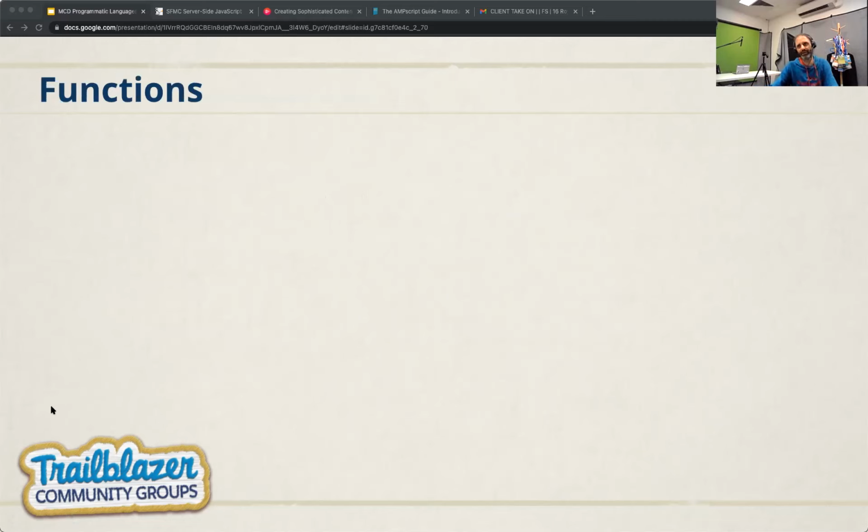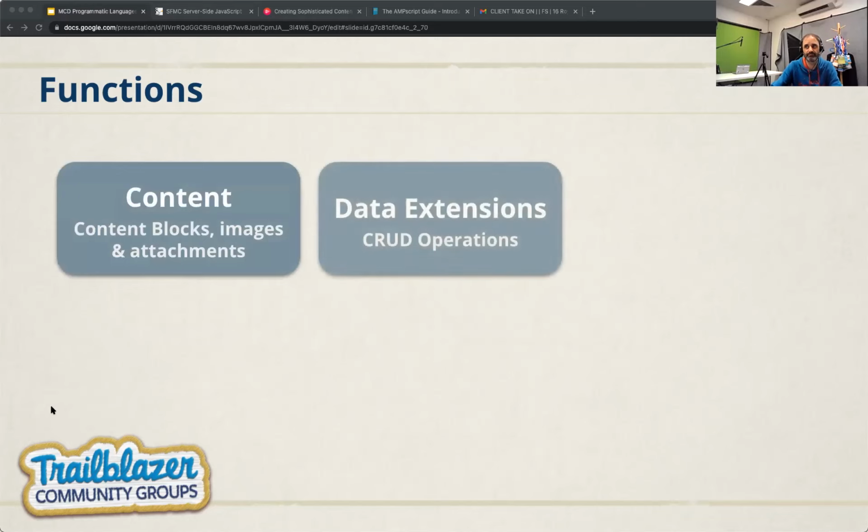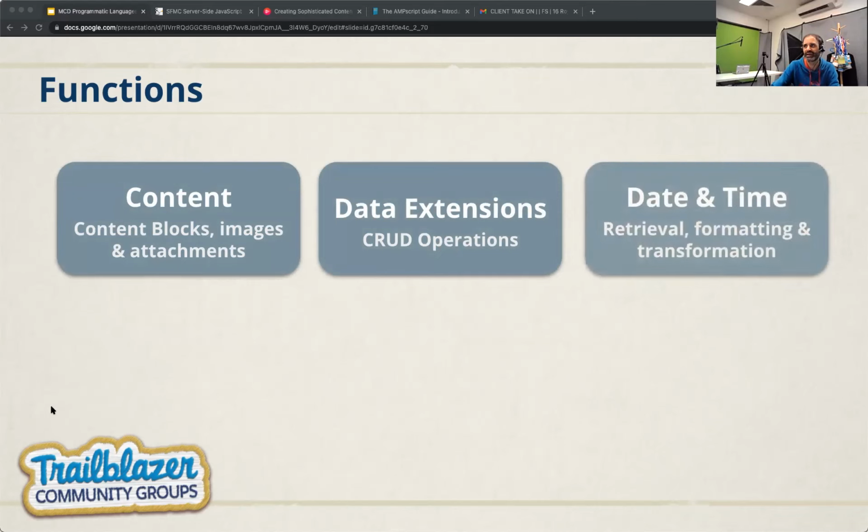Now let's talk about our functions in AMPscript. As I said before, AMPscript is a language in two parts, a syntax and a library of functions. And there are a total of 148 functions in AMPscript, spanning different functional areas, which can be broadly grouped into working with content blocks, images, and file attachments, performing CRUD operations, as I said before, that's create, read, update, and delete operations on data extension records,